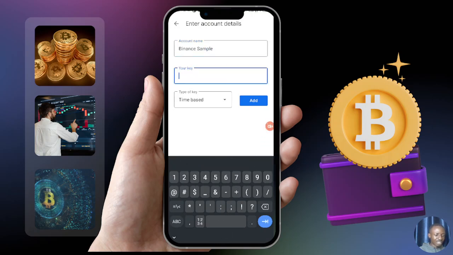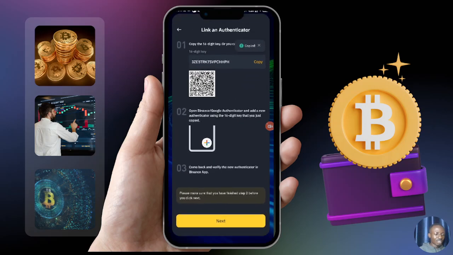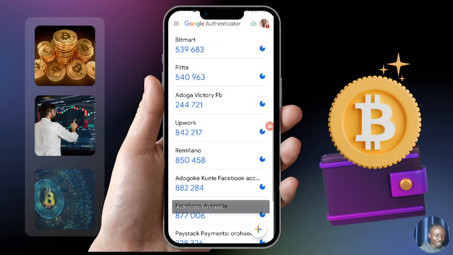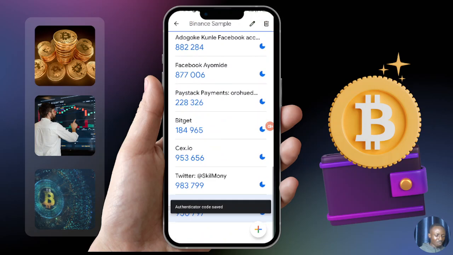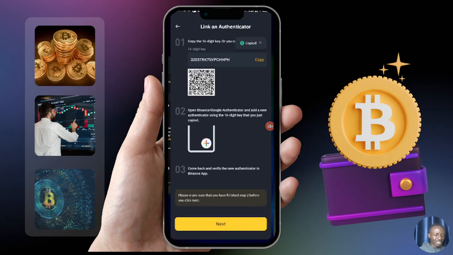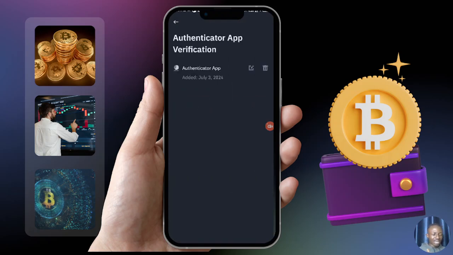the key that was provided, copy from here, click on copy, go back, ensure you copy the right thing, click on enter, then copy the code here. You can hold it or double tap it or just memorize it, come back to this place, click on next, then insert the code that you copied from that app, click on submit, and you have added what a security